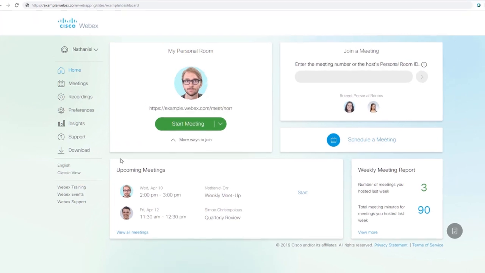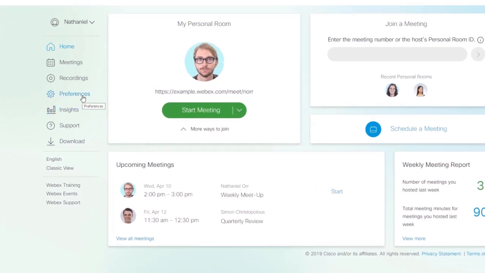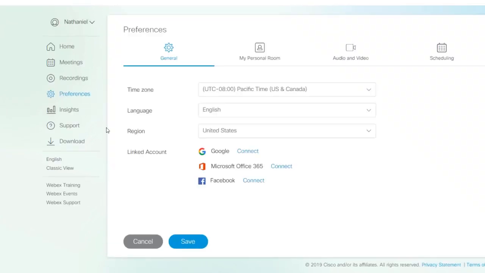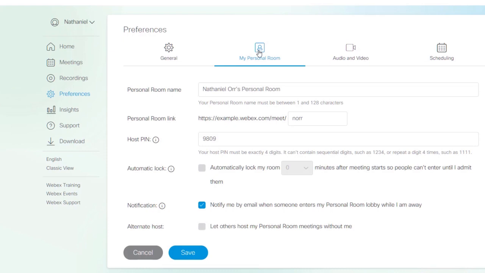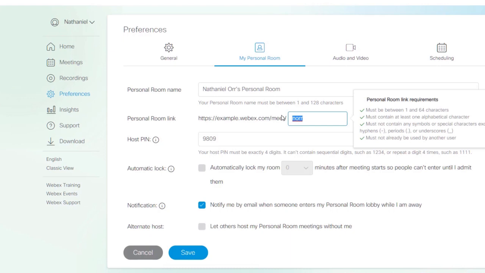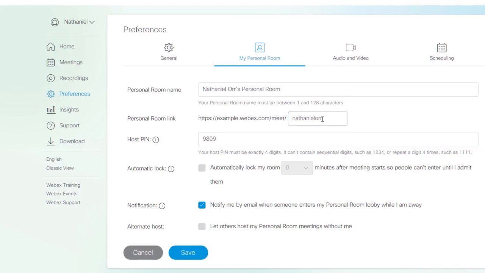From your Webex site homepage, click Preferences and then click My Personal Room. Go to the Personal Room Link section, highlight your personal room ID, and then enter a new one. You can choose just about anything for your personal room ID, but it must not already be taken by another person in your organization. If you want to change your personal room's name, highlight the current name and enter the